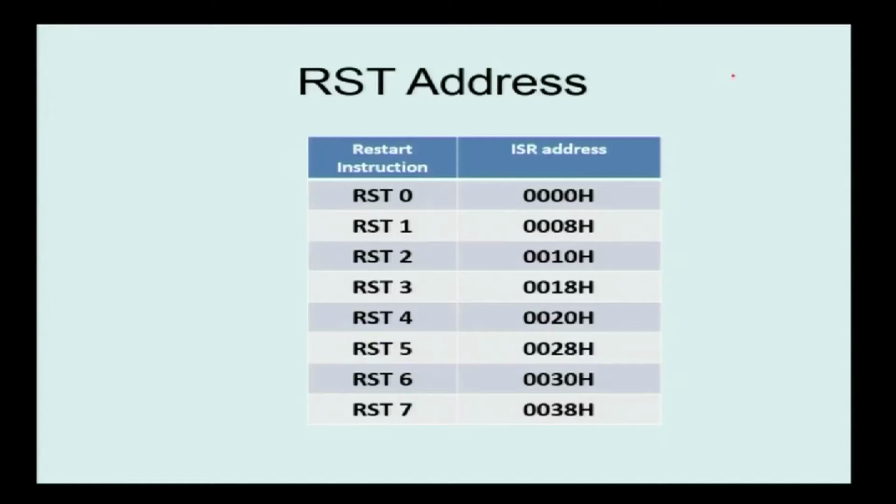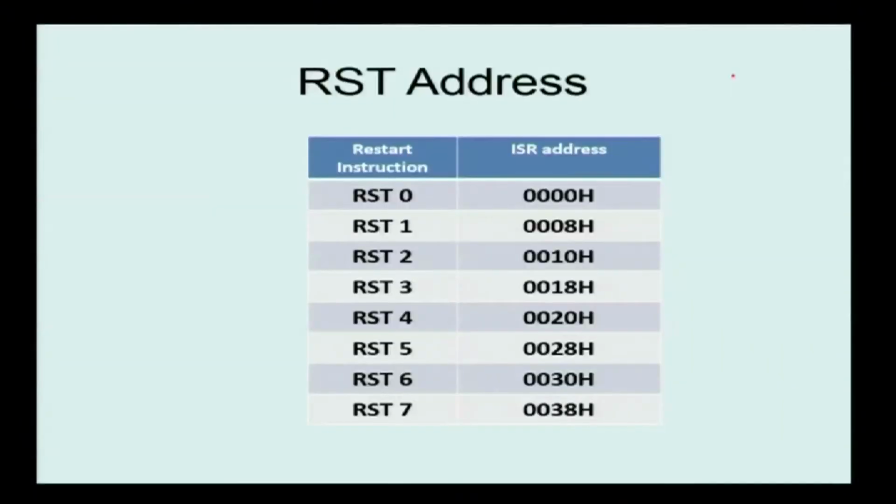So, in 8085 we have 8 instructions which are RST 0, RST 1, RST 2 till RST 7. Once we have identified the instruction, we have to generate the interrupt vector address. This is a non-vector interrupt address because it does not know the specific address. After identifying the interrupt, we have to calculate the address of each interrupt. How we calculate it: the interrupt number is multiplied by 8, then converted into the hexa equivalent. That is the address of the corresponding interrupt, called the interrupt service routine address. That address is calculated by the external device, that is why it is named a non-vector address.